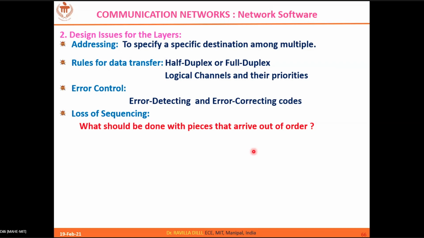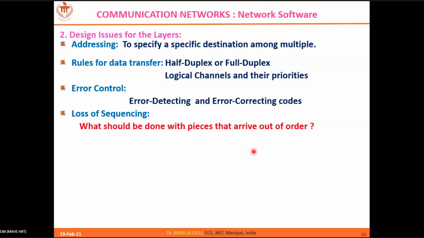We will discuss the different reasons for that, but assume that the packets are missed at the routers. So I am sending packet 1 to packet 10. Packets 5 and 6 are lost in the communication subnet, and the rest arrive at the receiver. Then what will you do with this? How are we going to handle those missed packets?